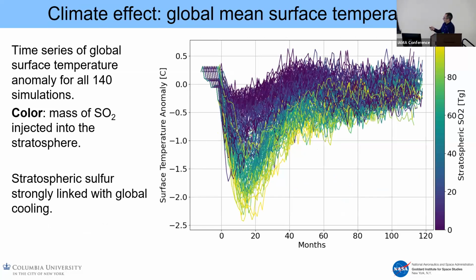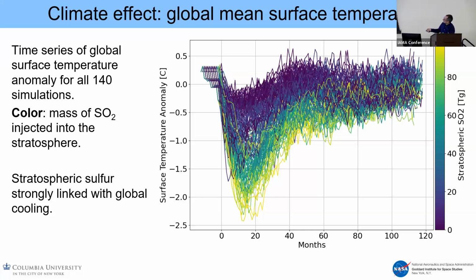And since it's a climate model, I have to show a climate plot. This shows how the global mean surface temperature cools after each eruption. And this funny thing here, just in case you noticed, is only because we are shifting the plot on the x-axis so that all eruptions that happened throughout the year start at the same point. So this is just the background before any eruption happened, and it shows you how far into the year the eruption happens. So don't pay attention to it.